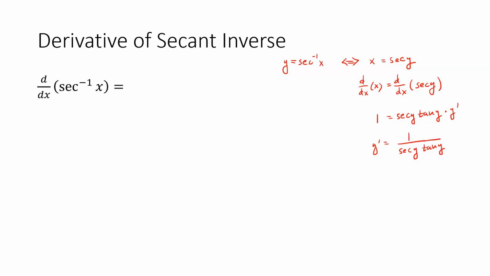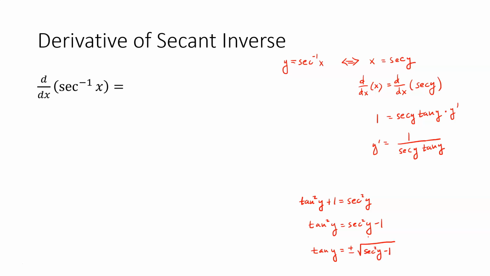Okay, now we've written up here that secant of y is equal to x. We know that will be equal to x. How about tangent of y? We've seen this identity before, that tan squared of y plus 1 is equal to secant squared. So if I isolate tangent here, we get tan squared y equals secant squared minus 1. And then when I take the square root, I get tan of y equals plus or minus the square root of secant squared